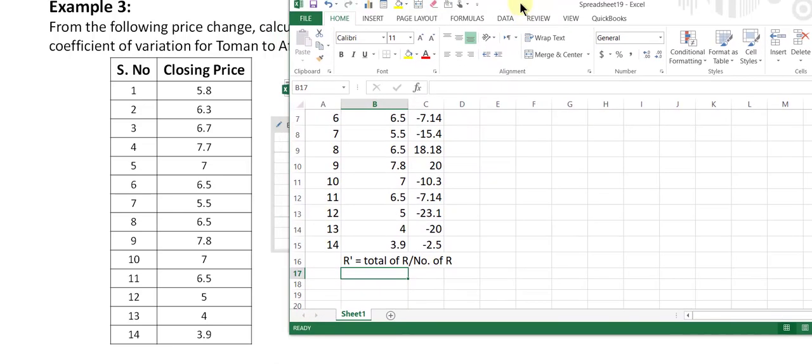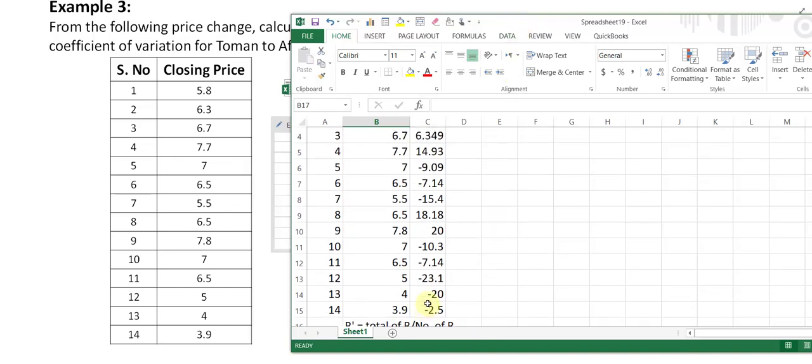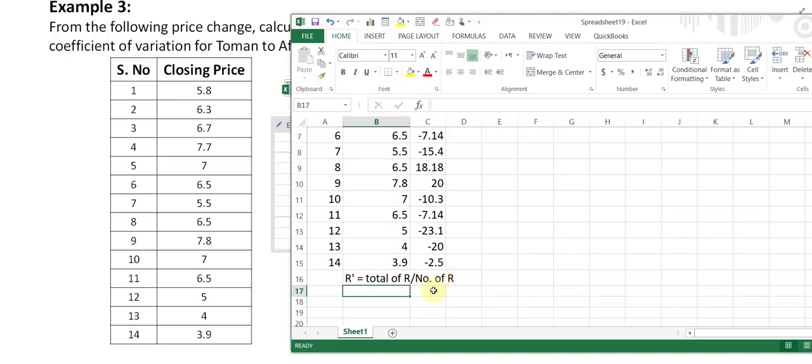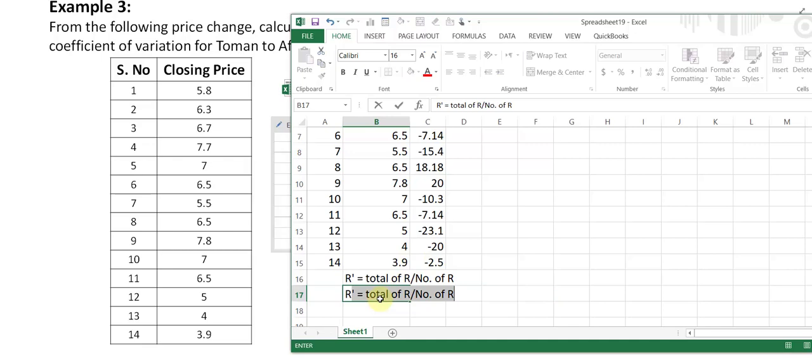So let me expand the size here. So let us do it. Let us calculate the amount. So let us take the sum of R here itself. So let us say R bar. Font is again small, so let me expand this one as well. Again R bar